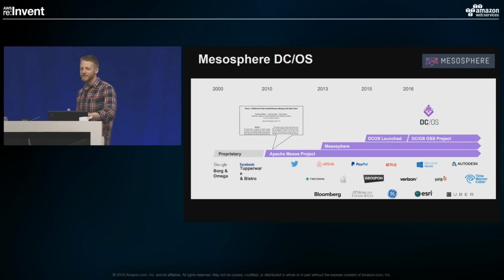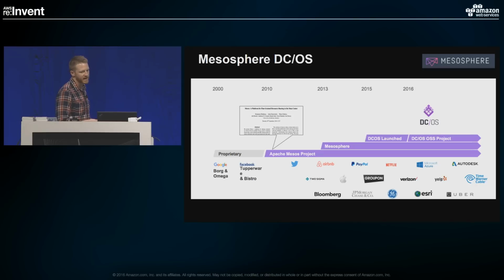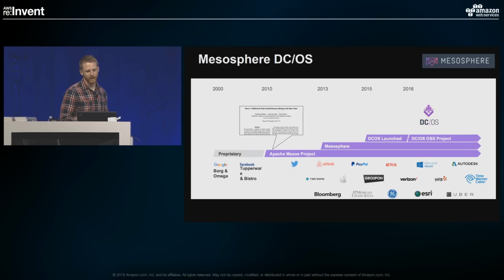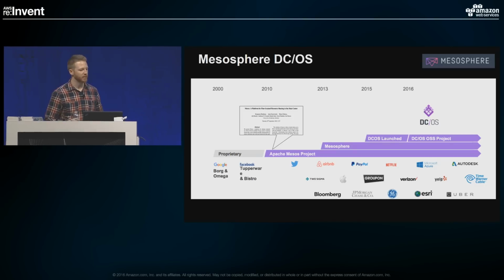Finally, I'd say that Mesos has been around for quite some time. The Mesos paper itself was published in 2010. One of the Mesosphere co-founders published this while at Berkeley. And this paper applied a lot of lessons that were learned at Google and Facebook on some of their internal large-scale platforms. Then the Mesos project was applied at Twitter, it was applied at Airbnb,